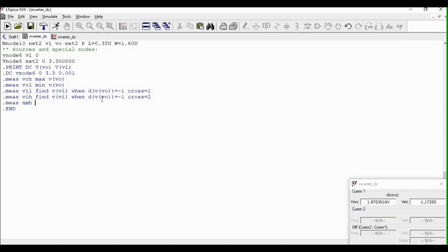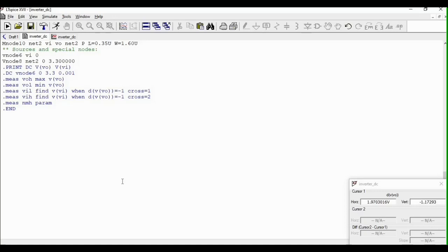So NMH. Then we're going to use the variables that we were able to store the max, min, and values for VI to VOH, VOL, VIL, VIH. For us to use these variable names, you could use parameters wherein we were able to get the values and store them to those variable names.